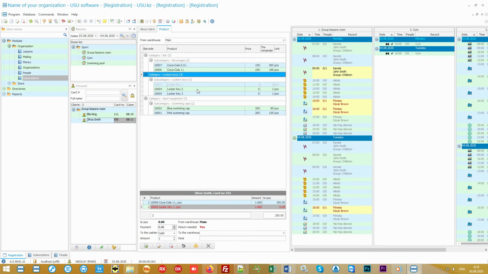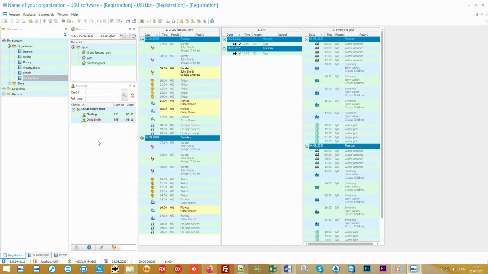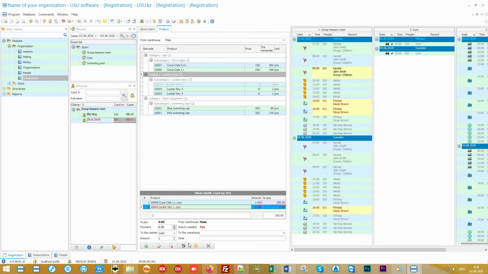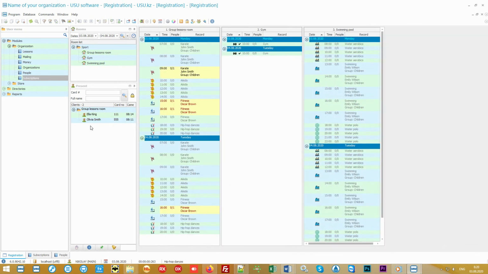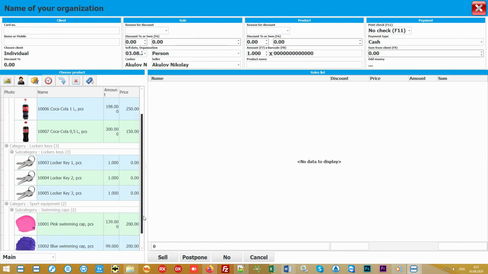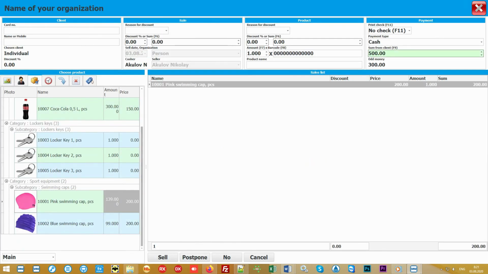You can deliver products to a specific customer very quickly, simply by going to the Product tab. Now, until the client returns what was transferred to them, they will be highlighted in red. The return itself is marked in the program with one click. The product can also be sold in the store mode, if available at your center.